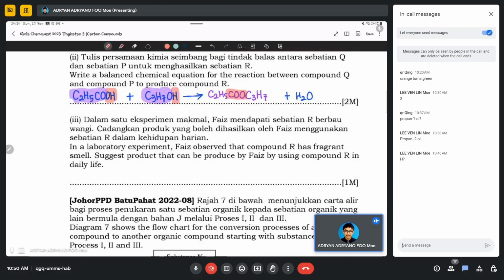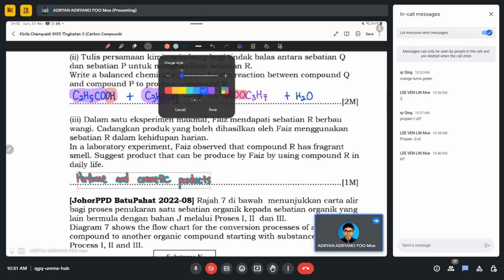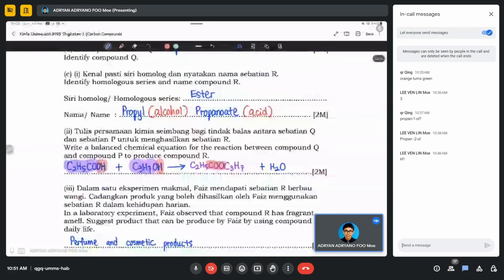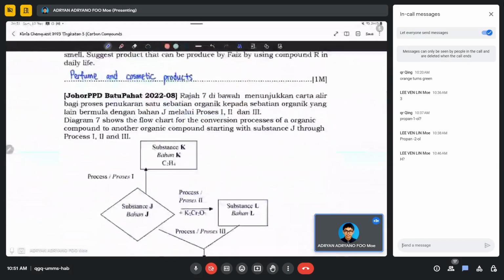Okay. In a laboratory experiment, Faiz observed that compound R has fragrant smell, suggest the product that can be produced by Faiz by using compound R in daily life. 不用想多咯，fragrant smell，你些 perfume and cosmetic products。OK，通常 ester 有拿来做什么的？perfume。Cosmetic product 或者调味料，那你那种 banana flavoring 那些东西都是 ester。OK，alright，so this is your answer。So senang kan？senang je，很简单罢了，你不用怕，这个 topic 很简单，只要你跟着 OK what I taught you then OK lah hopefully。